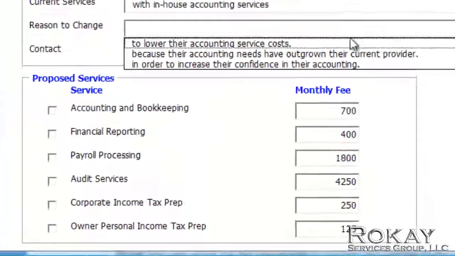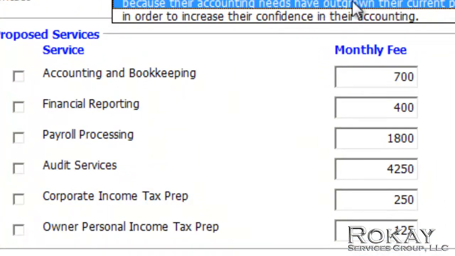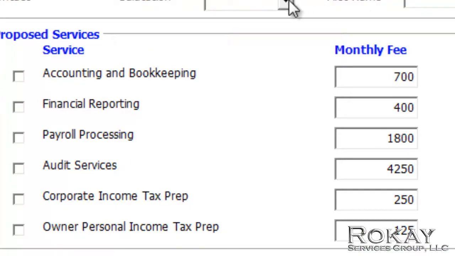The bottom part of the dialog box is asking me which services I want to propose. The wizard shows me our standard services as well as our standard pricing. I'll just check which services the customer is interested in to make sure that they're included in the proposal. Also, I'm interested in giving them an initial discount to process their payroll, so I'll change the standard payroll price